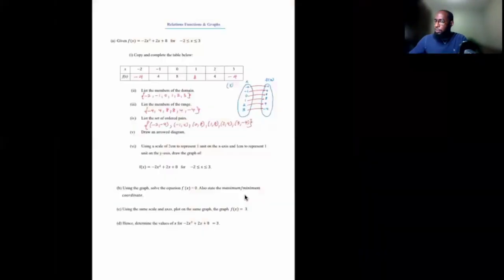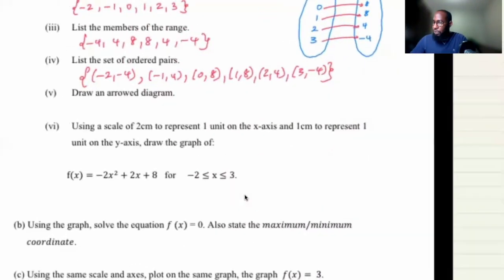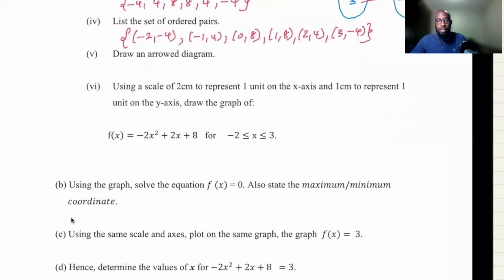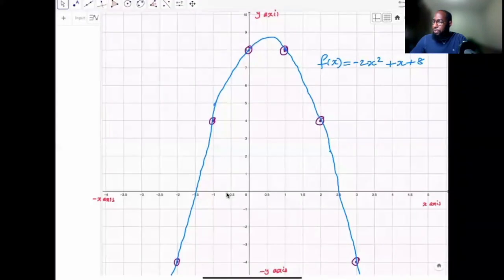Now, continuing. So we did 1, 2, 3, 4, 5, and 6. They said, using the graph above, solve the equation f of x equals 0. Also state the maximum or minimum coordinate. So we want to solve when f of x equals 0. That simply means